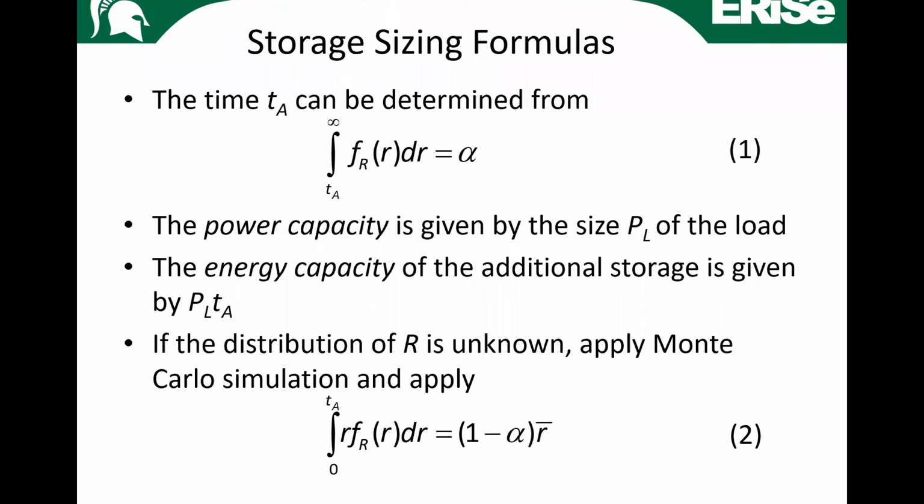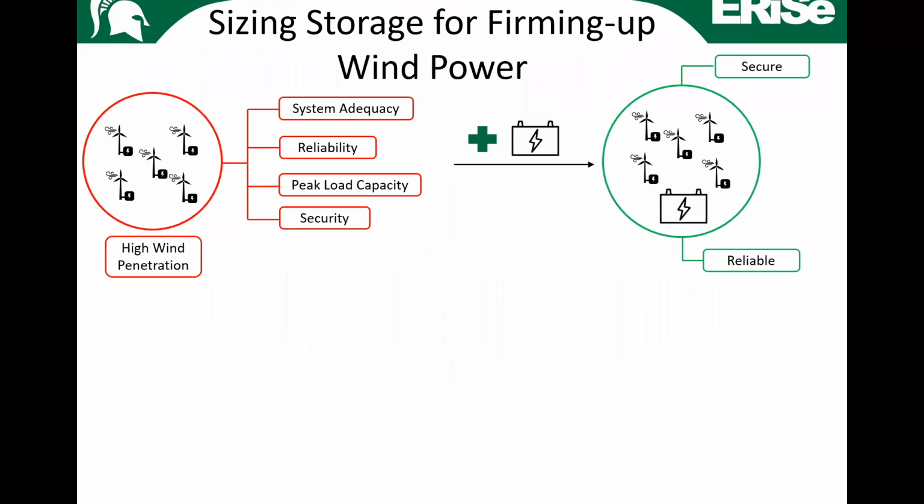Now it's easy to calculate TA, or solve this integral equation, for well-known distributions like exponential and Weibull and log normal and things like that. But if it's unknown, you can apply this equation, and we've derived the equivalence between these integral equations in one of those references that I mentioned. But we won't go into the details. But this shows how we can compute that. But now let's get to the real point I'm trying to make.